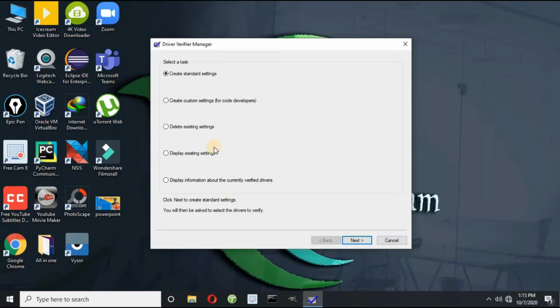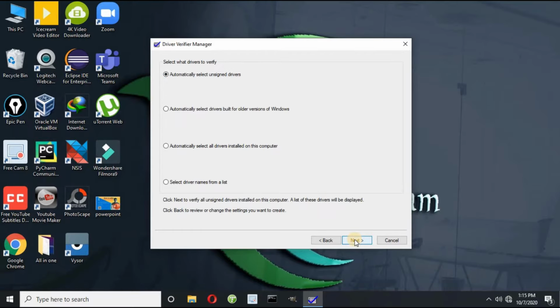There are many options: create standard settings, create custom settings, delete existing settings, display existing settings, display information about the currently verified drivers. You can check these options by yourself, but for now let me click on create standard settings and press next.